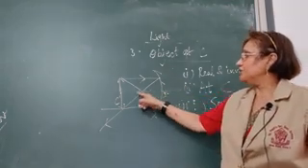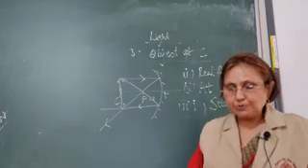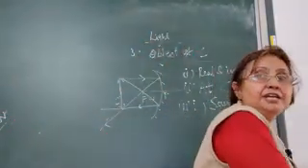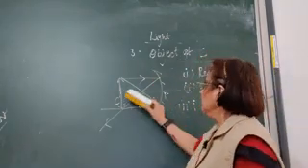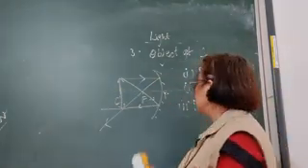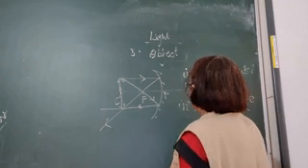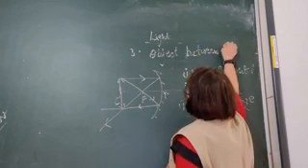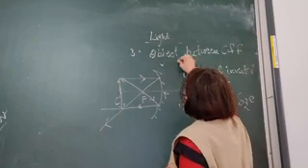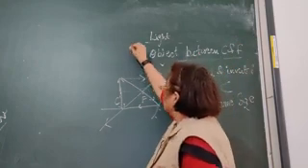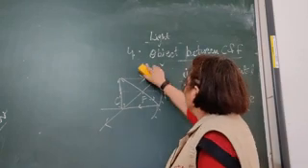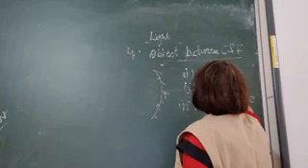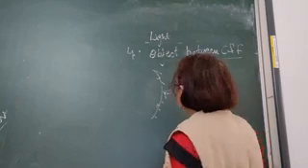Now we are bringing the object closer. So what will be the next position of the object? The object will be placed between center of curvature and focus. So the object between C and F, center of curvature and focus. This is the fourth position. Okay, now let's place the object between focus and center of curvature.